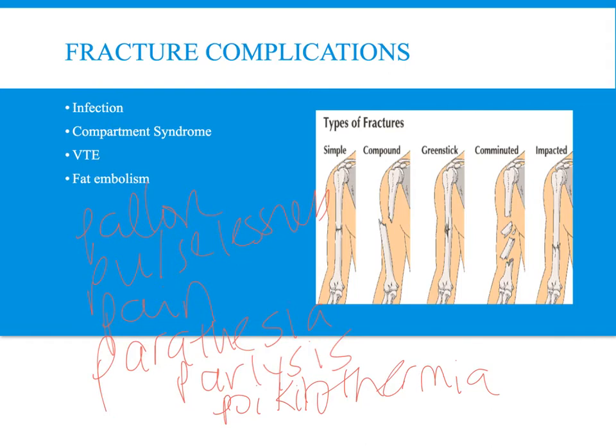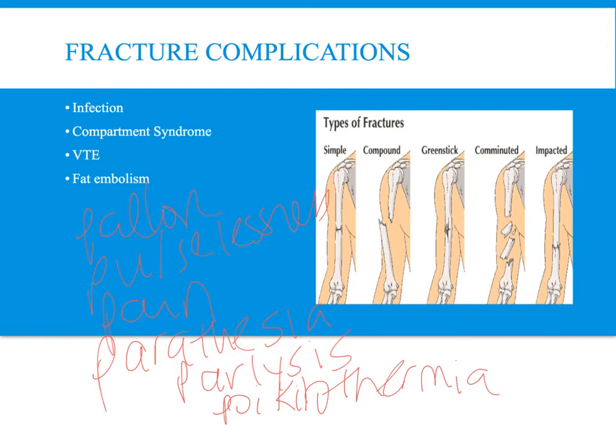It's very important to understand these 6 Ps and know what these are in assessing a patient with a fracture, especially of the long bones. You might have heard the term VTE before, venothromboembolism. Any patient who has had a fracture, especially of the long bones, is at risk for something called a fat embolism. It's when fat globules are released from the yellow bone marrow into the bloodstream within 12 to 48